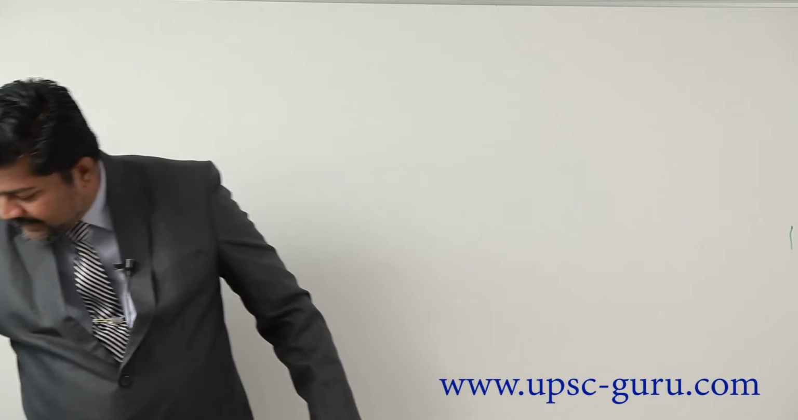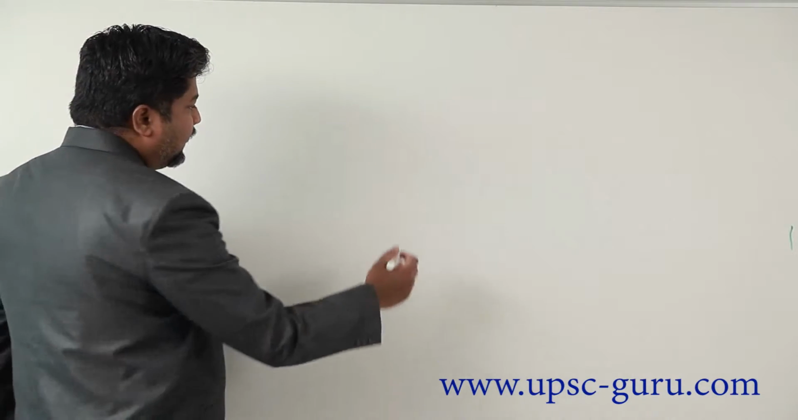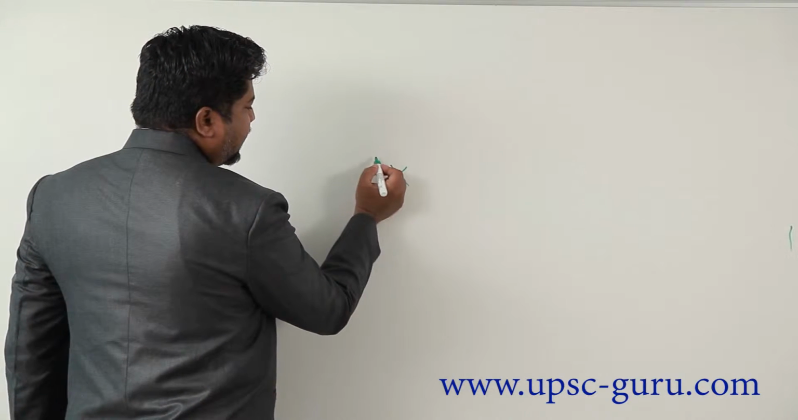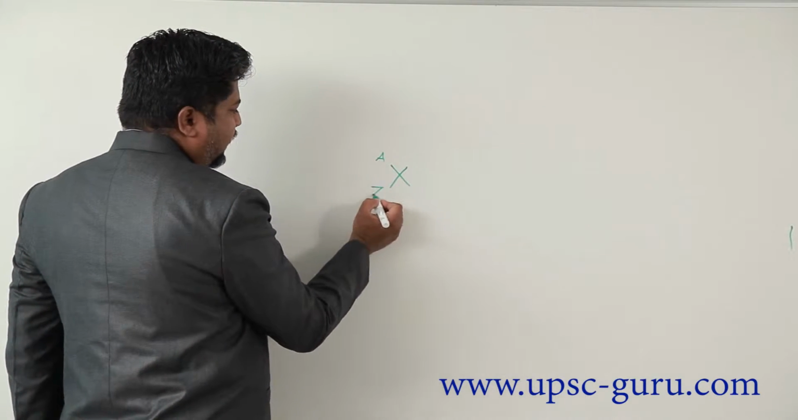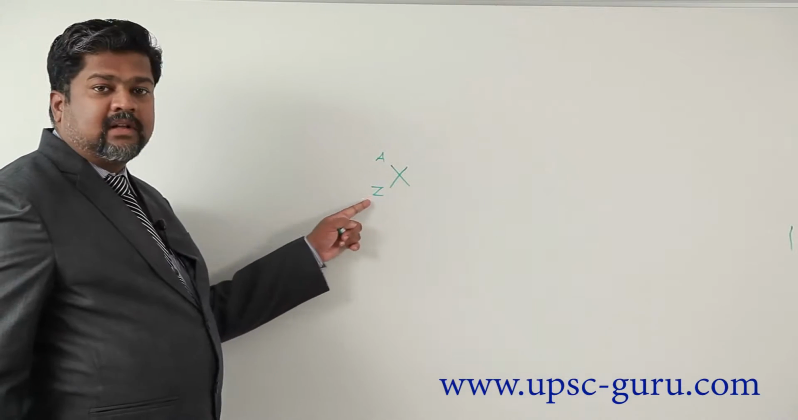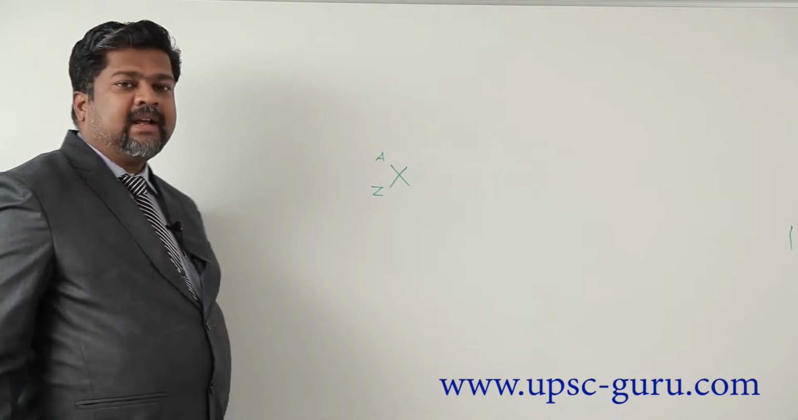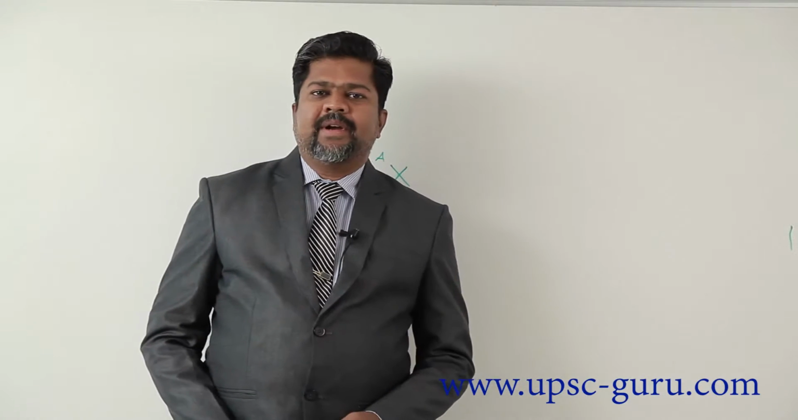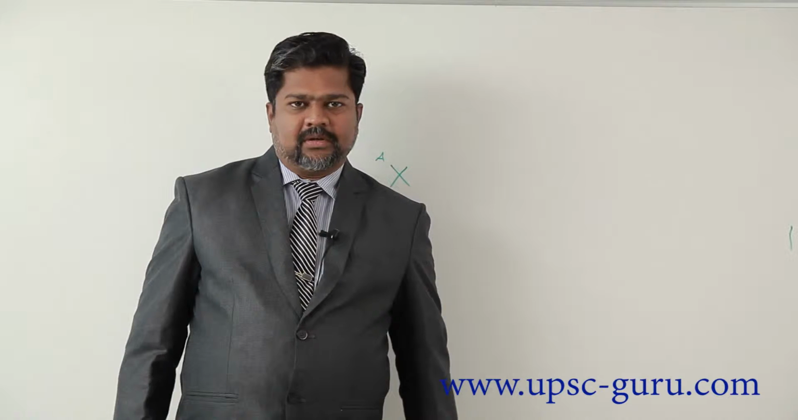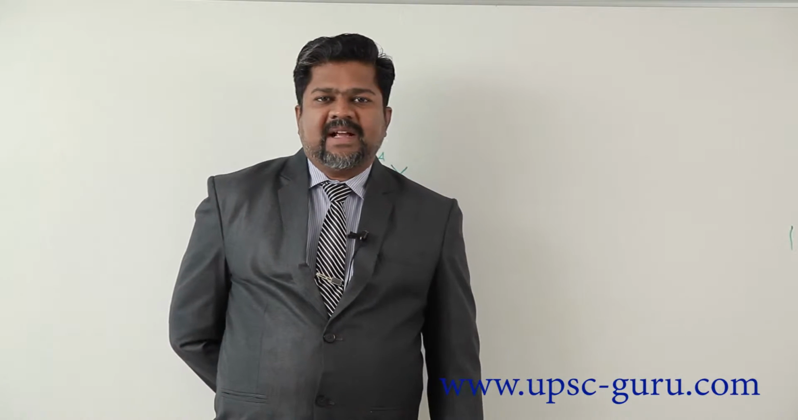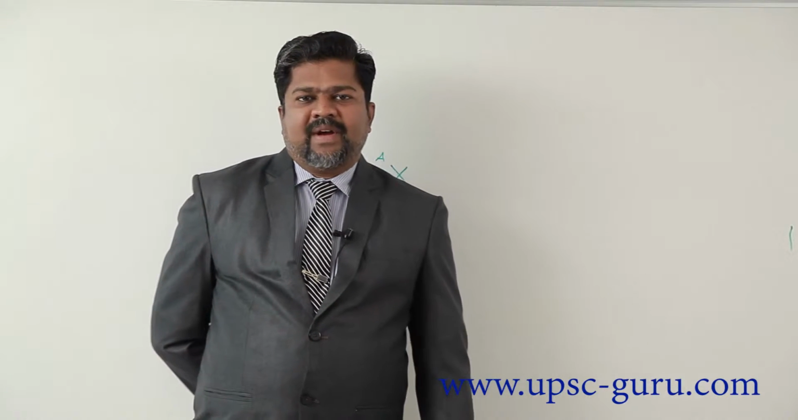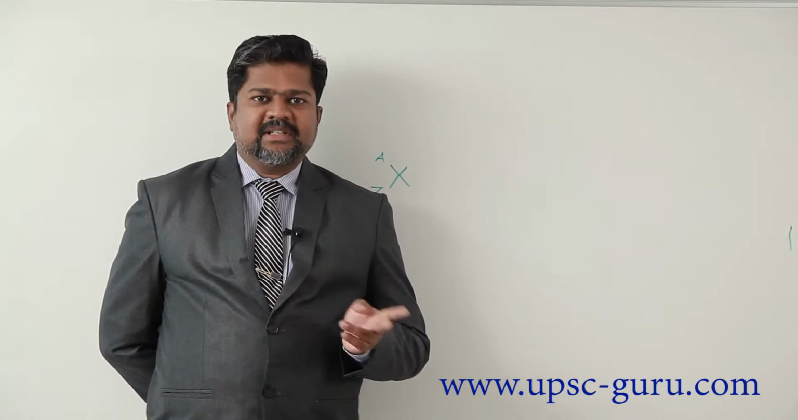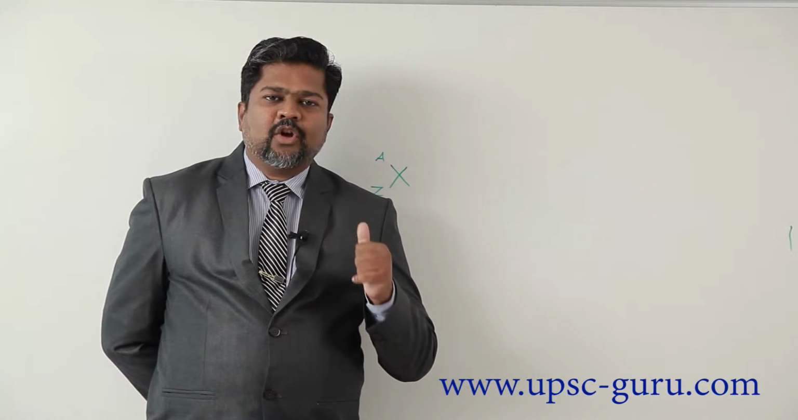For example, here I am writing something. This is the name of the element, the symbol of the element. Here we are writing A, and here we are writing Z. What is Z? That is the atomic number, and what is A? That is the atomic mass number. Now there is an instrument called a mass spectrometer. By using that mass spectrometer, one can find out atomic mass or atomic weight,